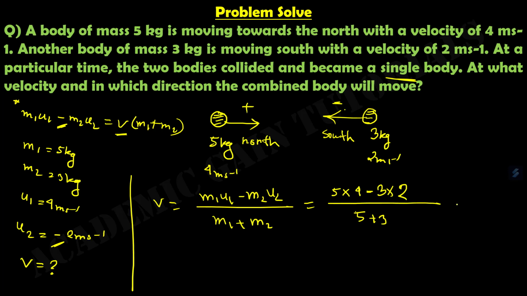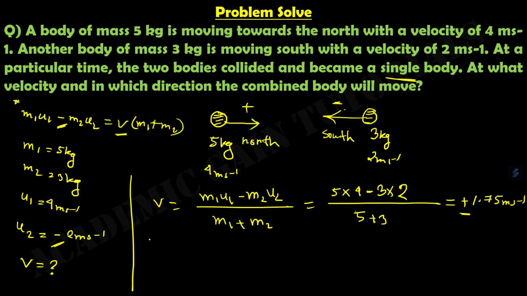If I solve the whole equation, we will get v as 1.75 meter per second, and this is the positive side. We found this value as positive, and we know that when this kind of scenario happens, if the answer is positive, then the body will move in the positive direction. If the answer is negative, the combined body will move in the negative direction. So as the value is positive and we took the north side as positive,